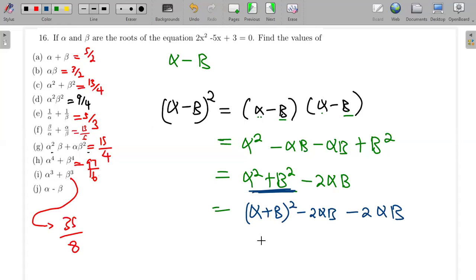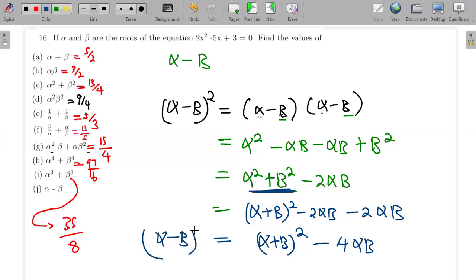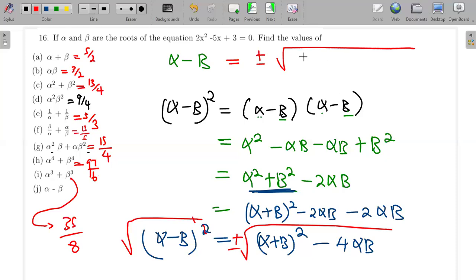So this will simply mean that I have alpha plus beta, then squared, minus 4 alpha beta. So this whole thing here is equal to alpha minus beta to the power 2. Now I just want alpha minus beta. So what do you think I should do? I should just square root both sides. If I square root the other side, it will be plus or minus, and then here the 2 and the square root are going to cancel. So alpha minus beta is equal to plus or minus the square root of alpha plus beta squared